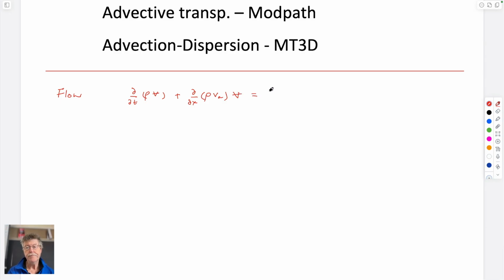Equals 0. So you'll remember this, that this is d/dt of rho V plus m dot equals 0. And so, in other words, if you have a little cube,